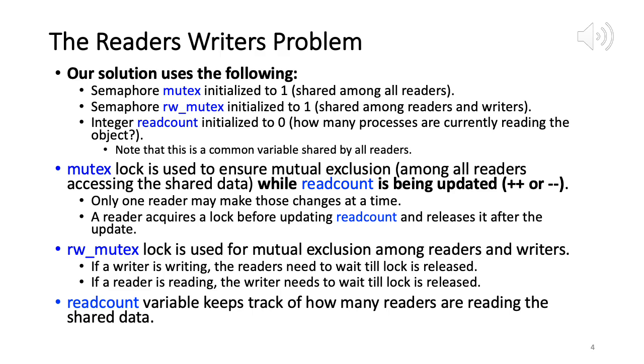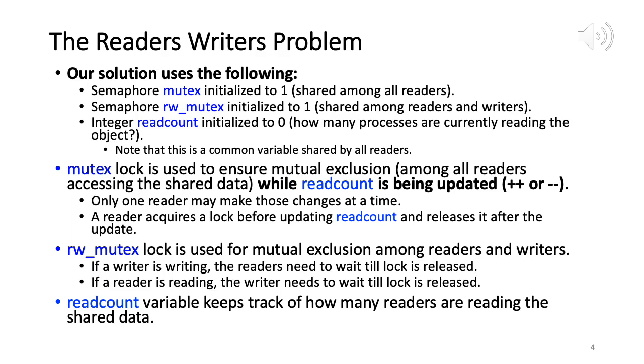Okay. And then we have another semaphore, rw_mutex, initialized to 1 again, and this one is shared among readers and writers both. So this is shared by both readers and writers, right? We can easily see why we need this lock, why we need synchronization among the readers and writers, because if a writer is writing, all readers have to wait. If a reader is reading, then the writer has to wait. So they have to wait on each other and they acquire a lock.